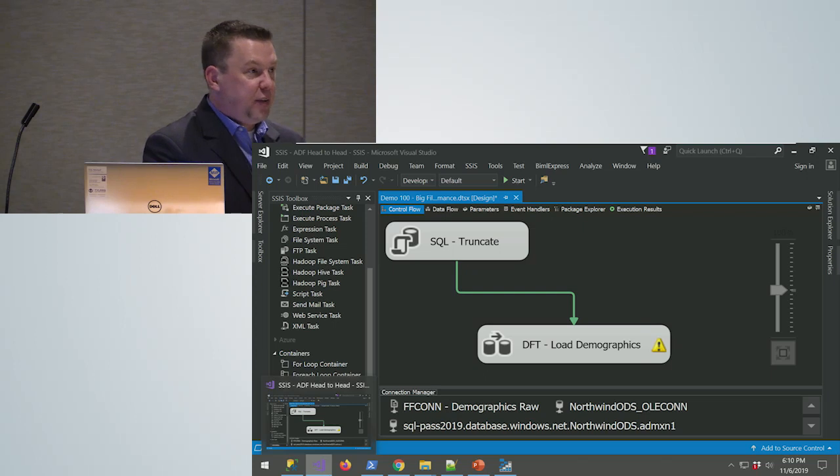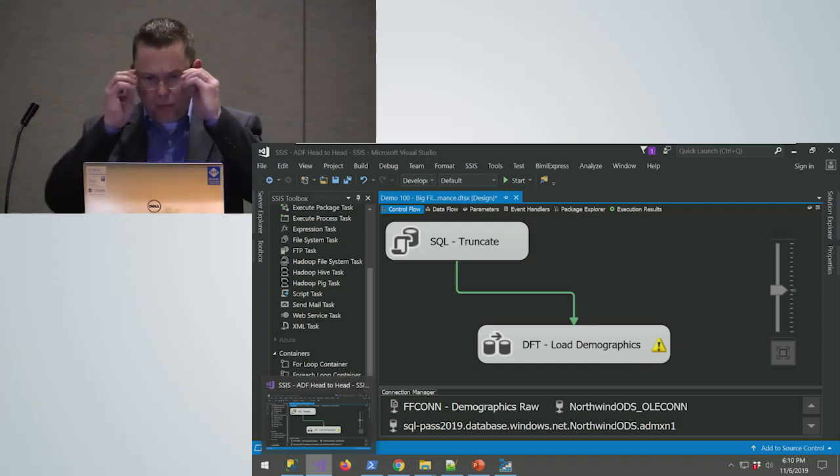If I'm looking at the data flow and I'm doing it from within Integration Services, the data flow on SSIS proper was significantly outperforming the data flow in ADF. Again, simply because that ADF data flow is designed for bigger data sets and not accounting for the latency it takes to spin up that runtime every time you're using that.